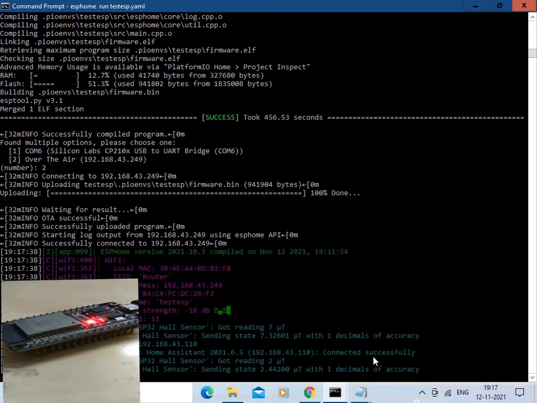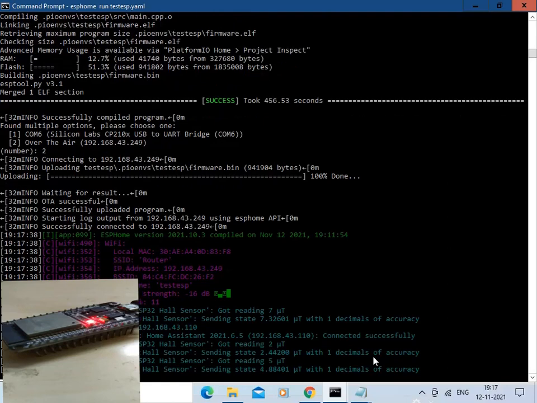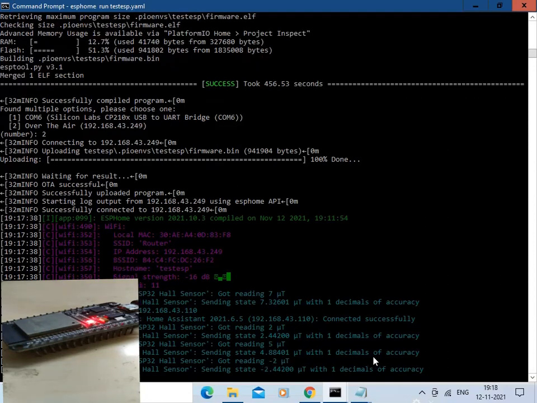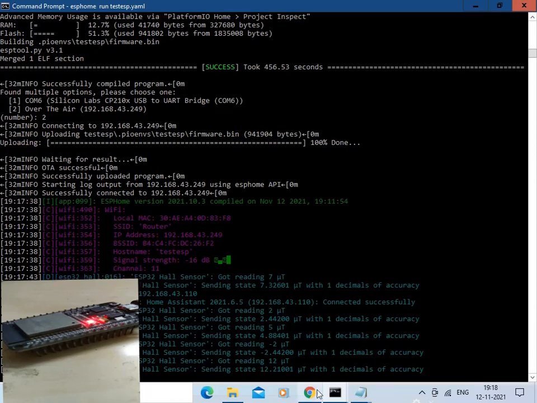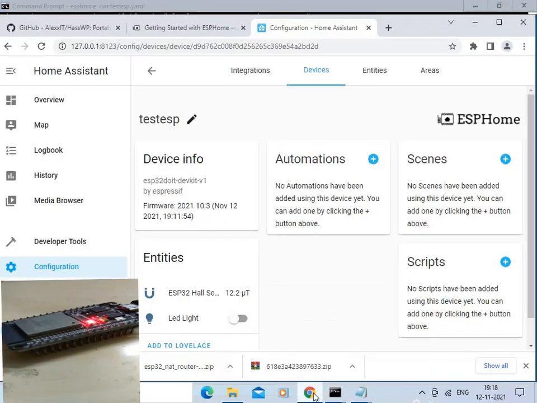Now device is restarted and got connected with the Wi-Fi network. You can see the Hall sensor value which are sent to the Home Assistant. So let us go to the Home Assistant page, and now you can see the ESP32 Hall sensor value and LED light status has got reflected on the page.